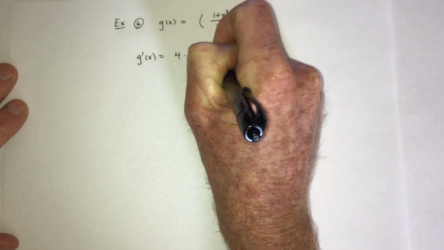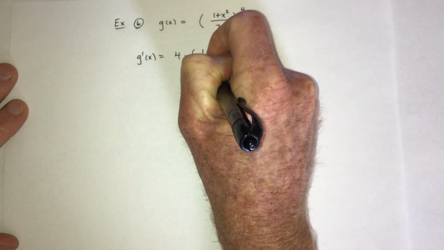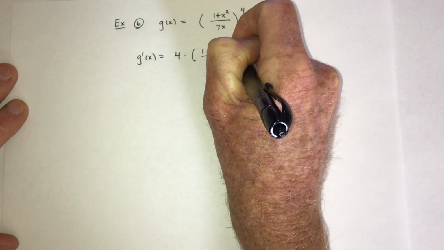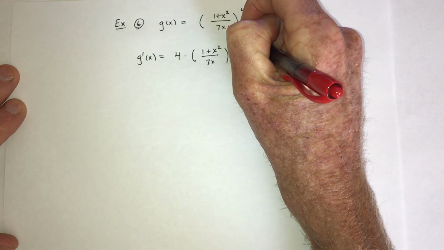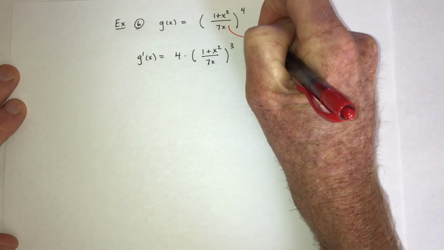Leave what's in the parentheses alone for right now, just copy it down. Subtract 1 from the exponent, and there's the very first part. And then take the derivative of the inside. So for this function,